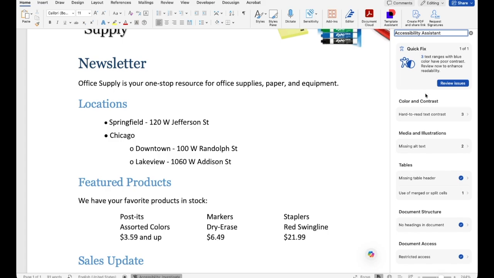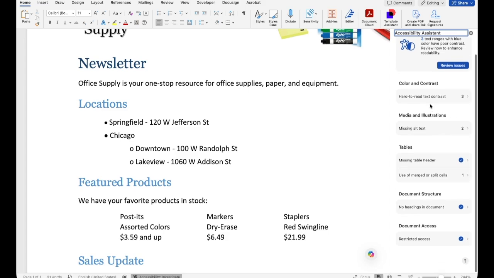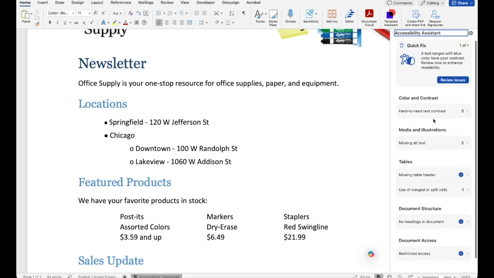This document has issues with color and contrast, 3 items, missing alt text for probably those 2 images, and the table, the use of merged or split cells. For the table, try to avoid any merged or split cells for better navigation experience for screen reader users. If you click the first issue,